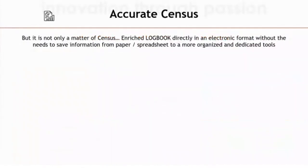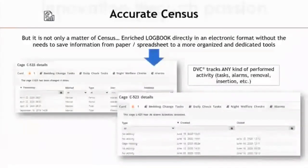So these accurate sensors are not only a matter of calculating your per diem, but you can also use this system to track all the cages by bedding cage change out, low water, flooded cage, and other activities done within these cages. You can see a real time of a cage removal or when a cage is placed back in the rack